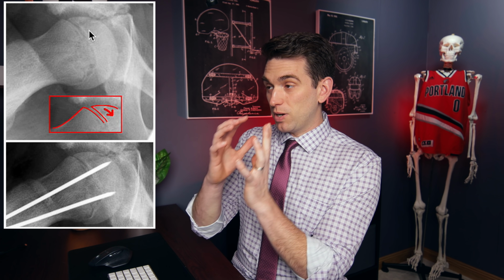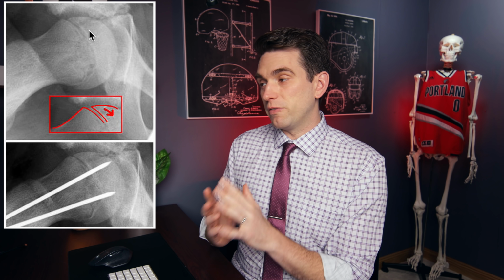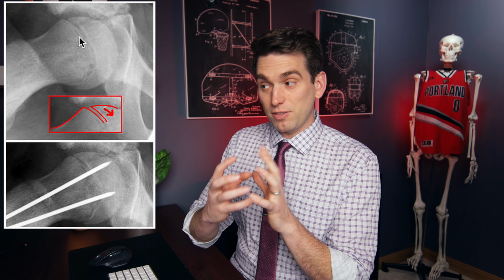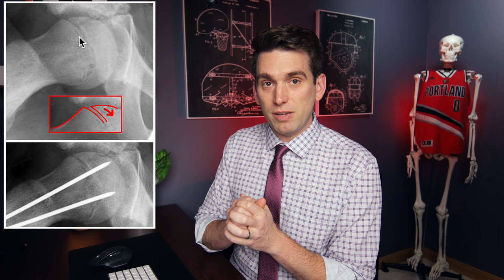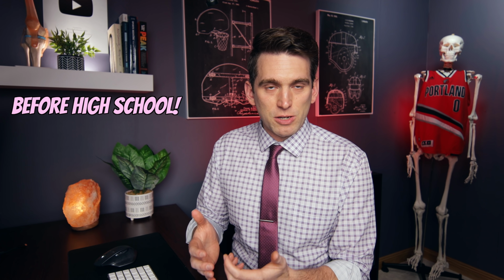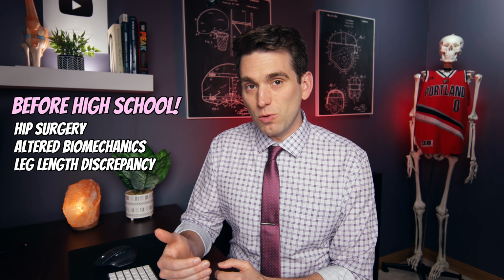But as you can tell, that ball has sort of slipped or fallen off of that growth plate, and oftentimes this requires surgery to put pins in place to basically reestablish it back up on the femur. Because the growth plates are involved, one of the complications can be a leg length discrepancy where the bone might not grow the full length. So regardless if this was Oden's exact diagnosis, before even starting high school, he's already got